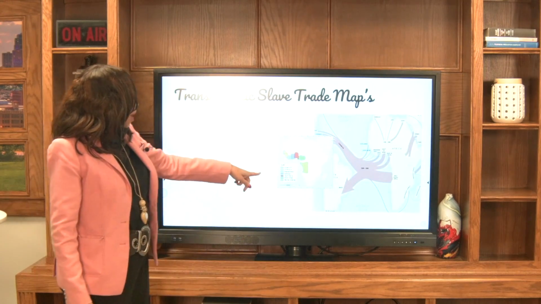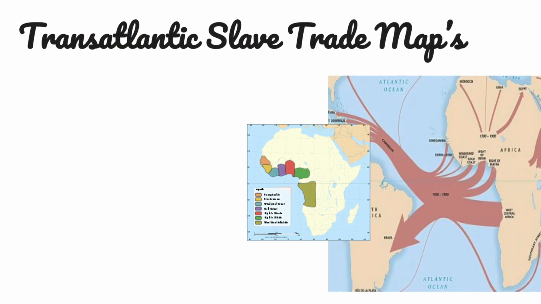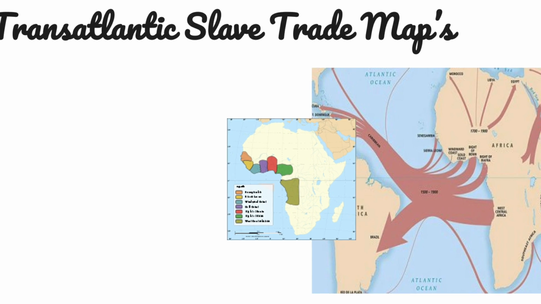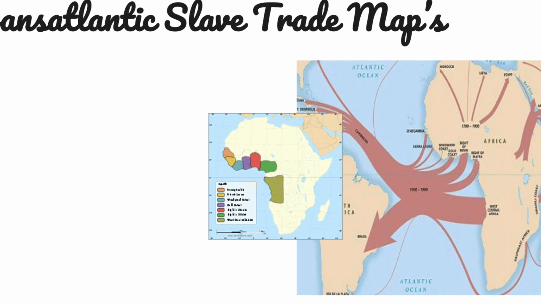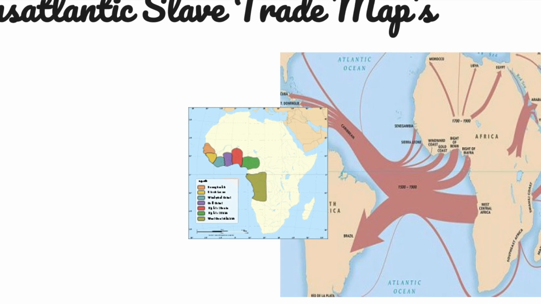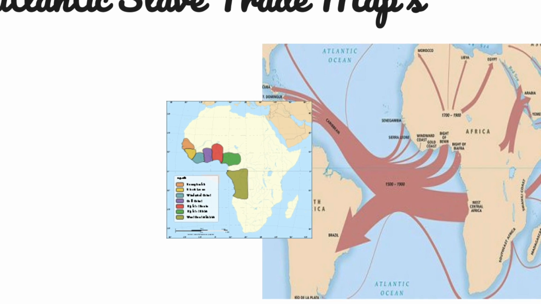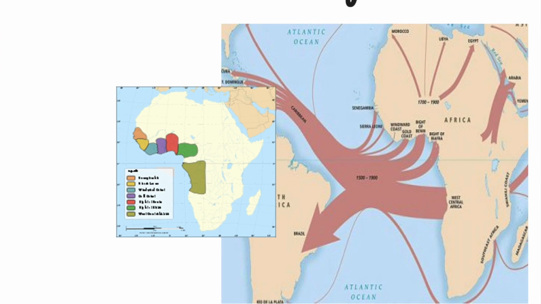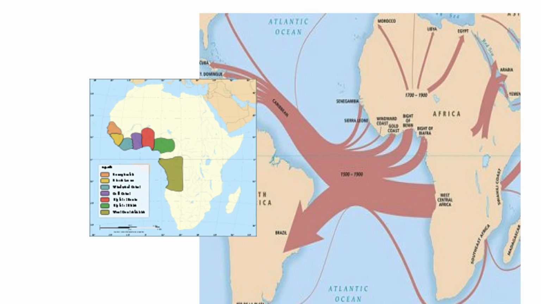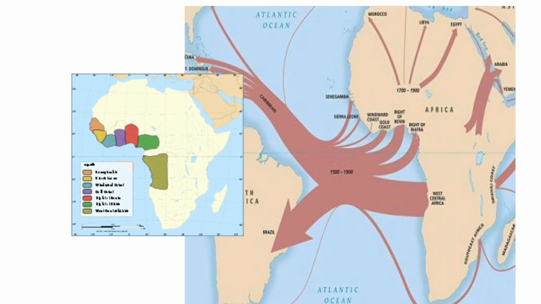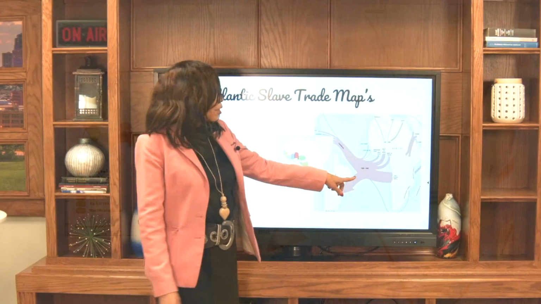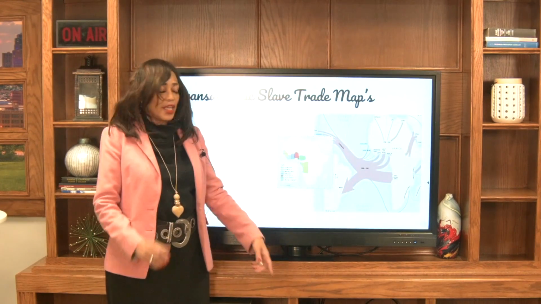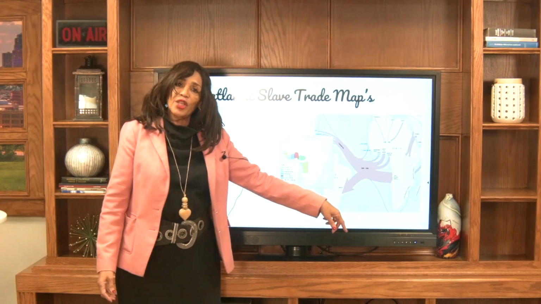Okay, these are some maps that reference the trades themselves. In the beginning, like I said, in the 1400s, the Portuguese were on the western coast of Africa. And this is where they came, picked up slaves, did trading of slaves, and took slaves back to Brazil and Portugal. So it wasn't an all blown out effect yet. That's where we get into the diaspora, but that's in our second lesson. Our second map here is a map when it became an all blown out slave trade. This was the routes that they took to the different countries.